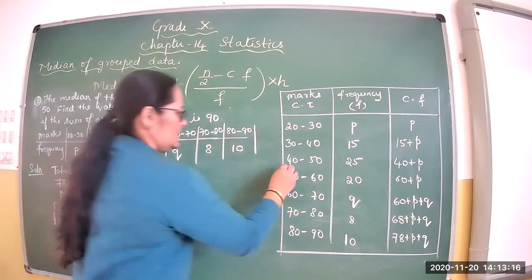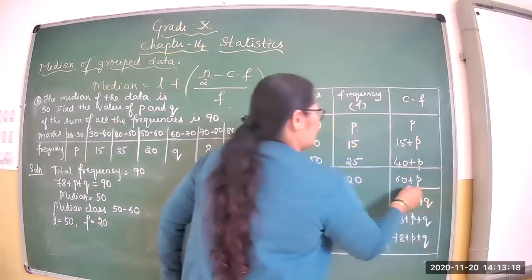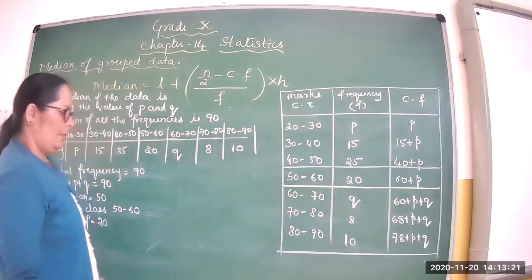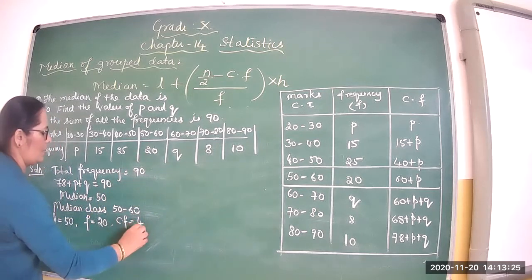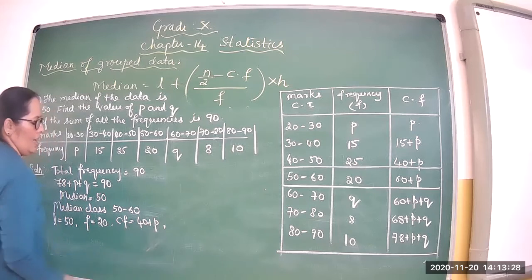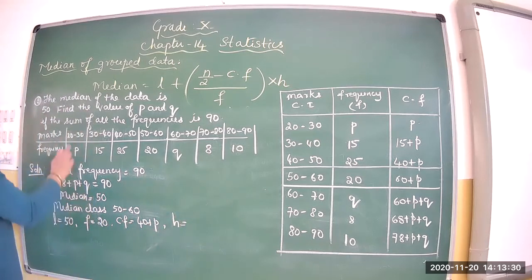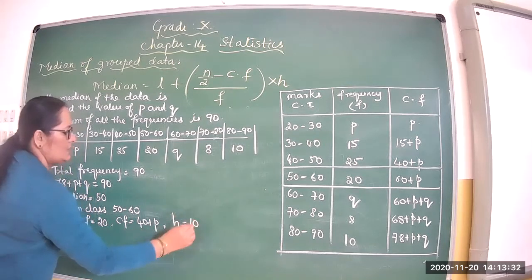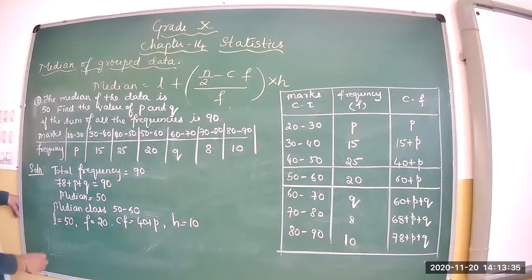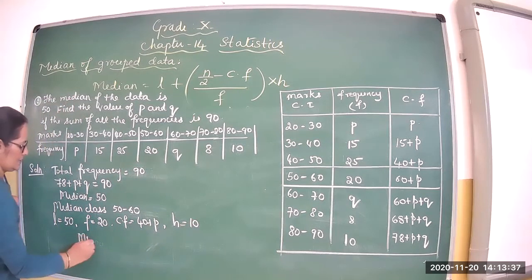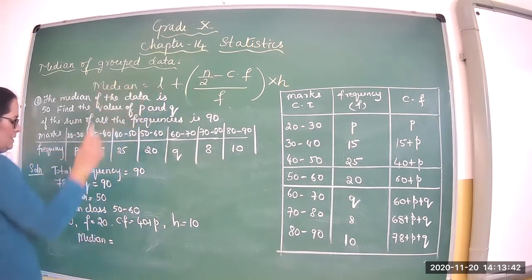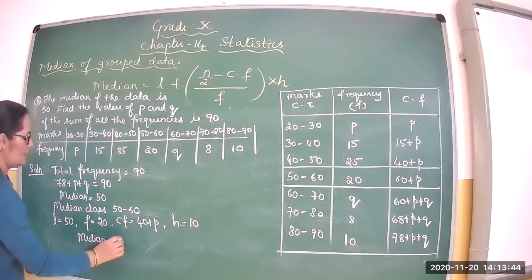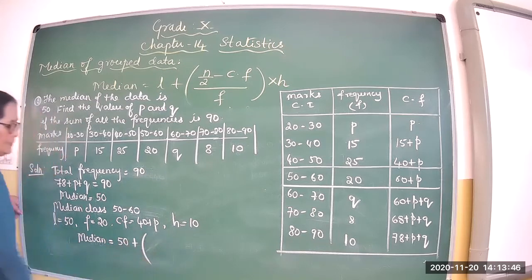The cumulative frequency of the preceding class is 40 plus P and the class size is 10, that is 30 minus 20. So using the formula, median equals L plus, where L is the lower limit of the median class,